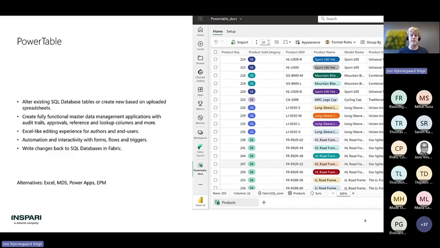It's everything from easily exposing forms to end users for submitting new data to this master data table, to creating automated rules: when a new row is inserted into this table, trigger this or that flow of actions. That could be integrating it into the rest of the platform, triggering a pipeline run, all that kind of stuff. It could also be approval flows. Every time a change is made to the table, do this nested approval flow where first this person is asked and then this person is asked, and you can make all kinds of conditional logic in those flows as well. It just comes with a lot of functionality out of the box for something that's built natively into Fabric, and it really works quite well.